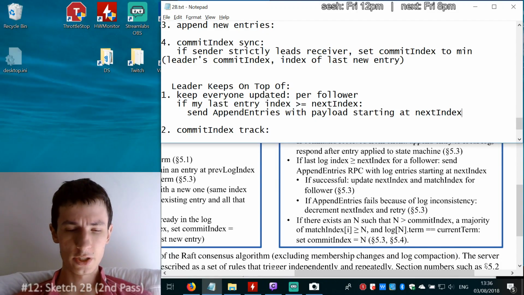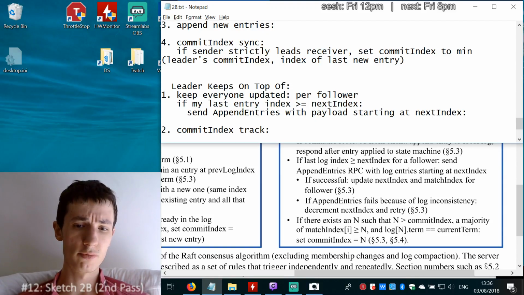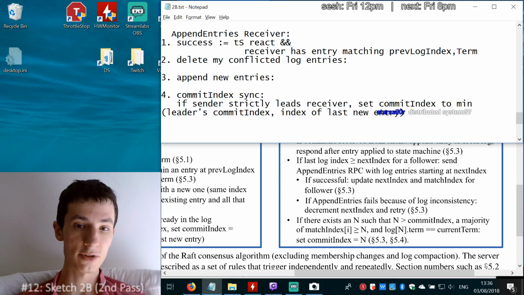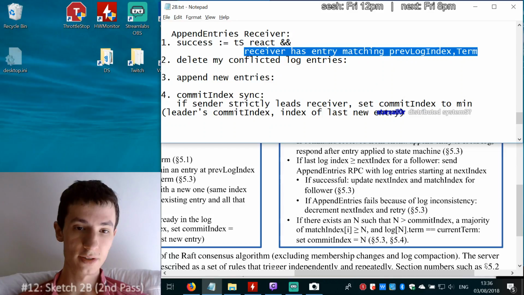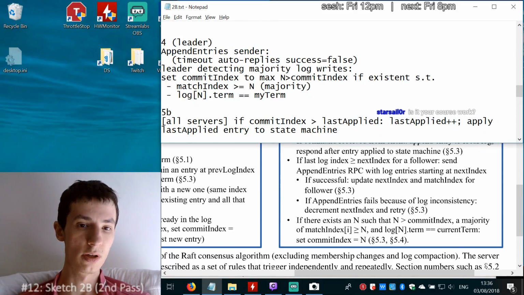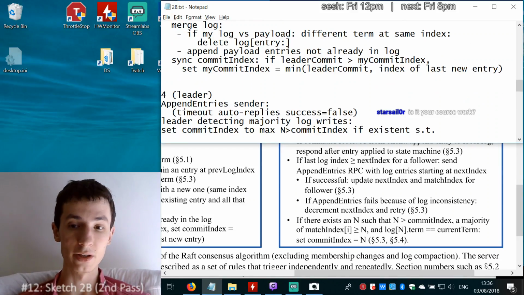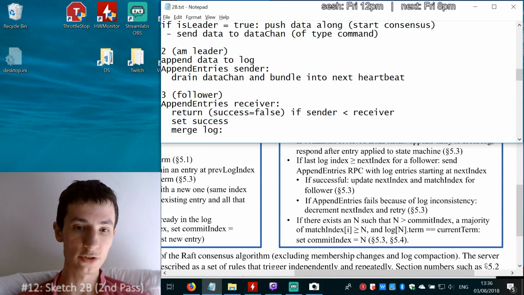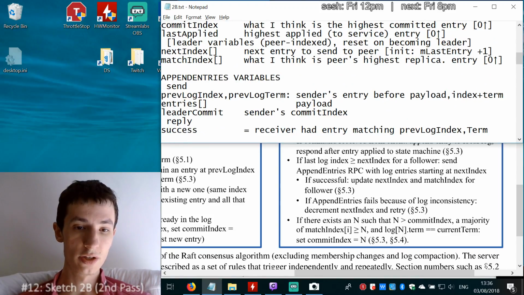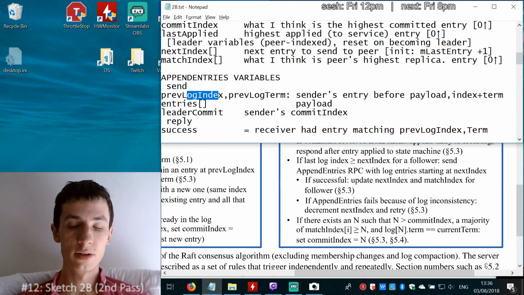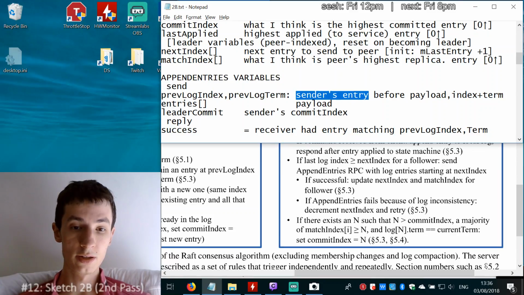Okay? So yeah, do that. And then it replies, okay? The receiver of append entries replies, and we have already defined how success works here. This is what success is. Receiver has an entry that matched the previous log entry index and term, and previous log entry is according to the follower, the leader, which itself in an append entries message, it sends out its own previous entry index and